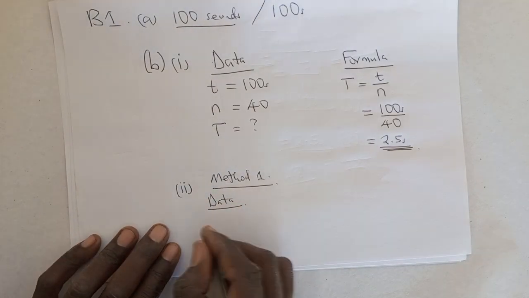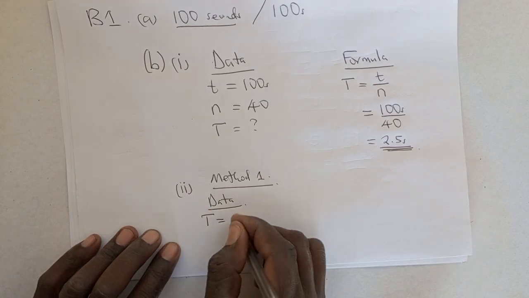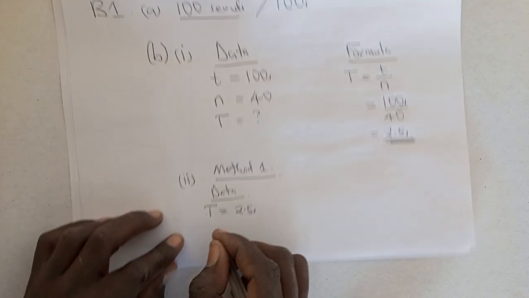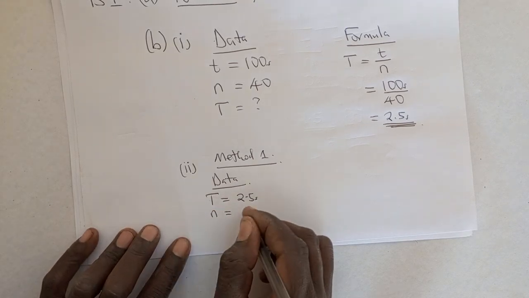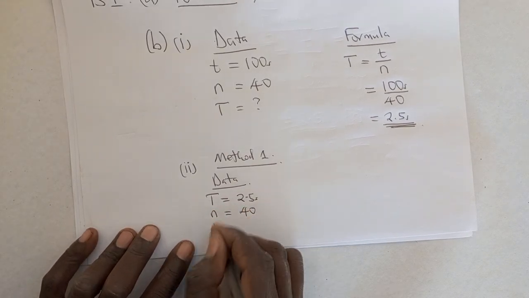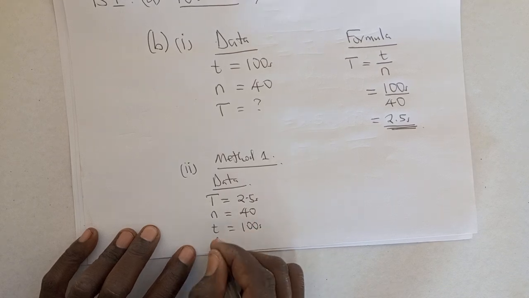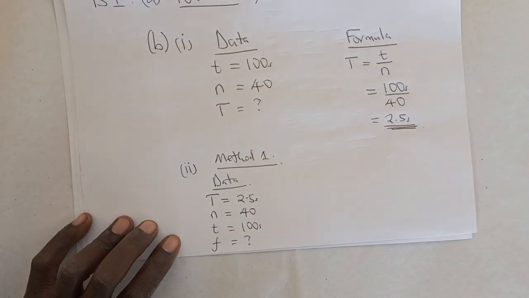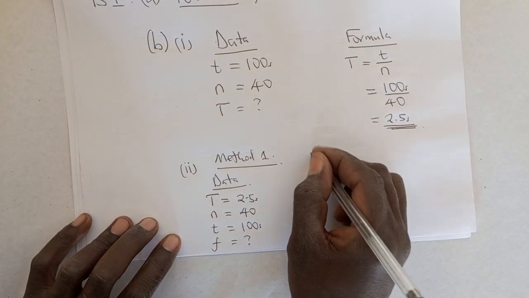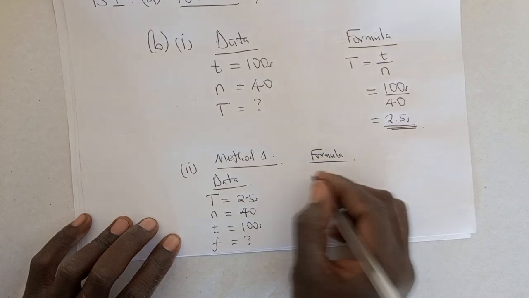What is the data? At least we now have the period, which is 2.5 seconds. What else do we have? We have the number of oscillations, which is 40, and the time, which is 100 seconds, but we don't have frequency. So if we use method 1, we have to use this formula, which says